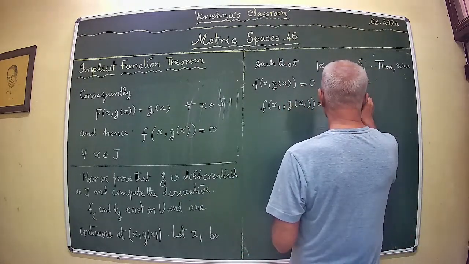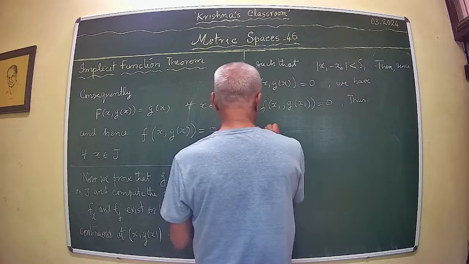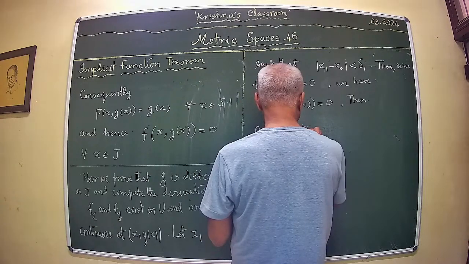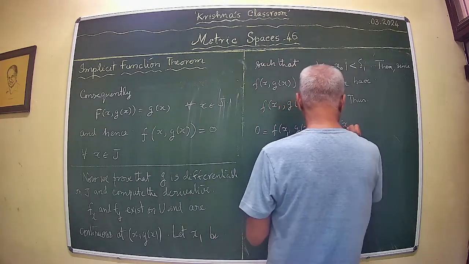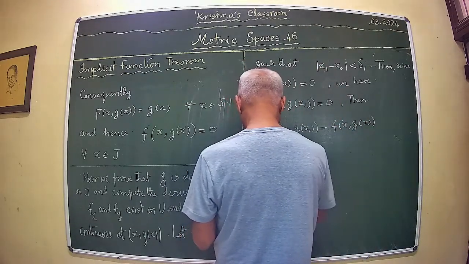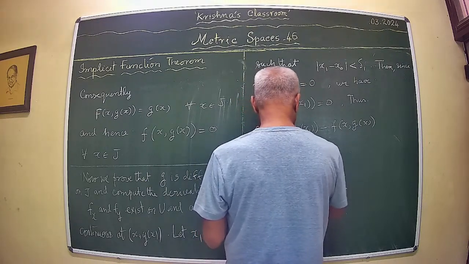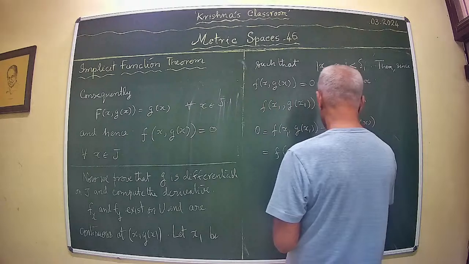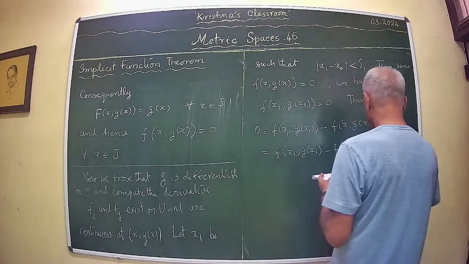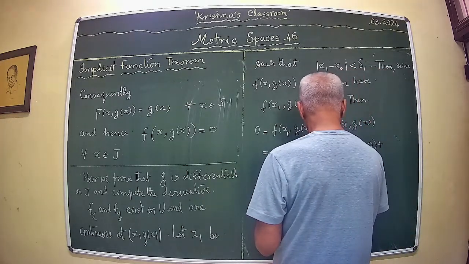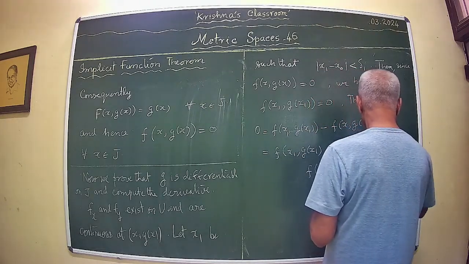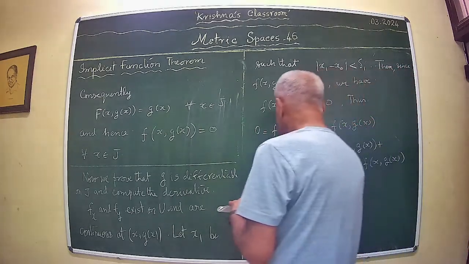Thus, we have this 0 equal to, which is equal to, the usual technique. The usual technique, and this is equal to df by